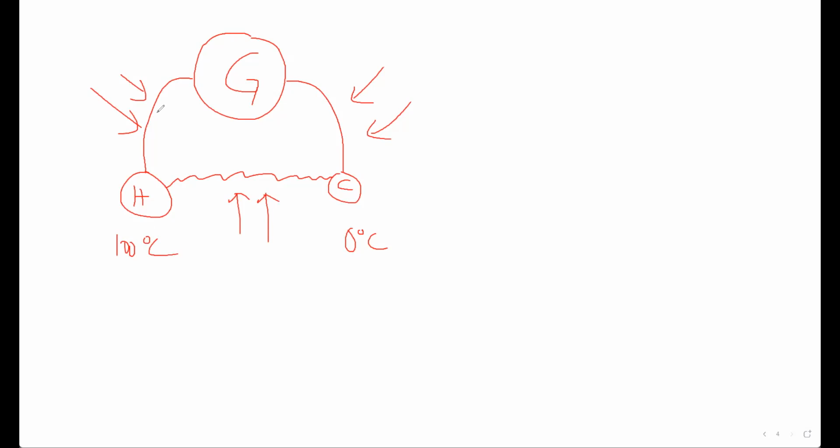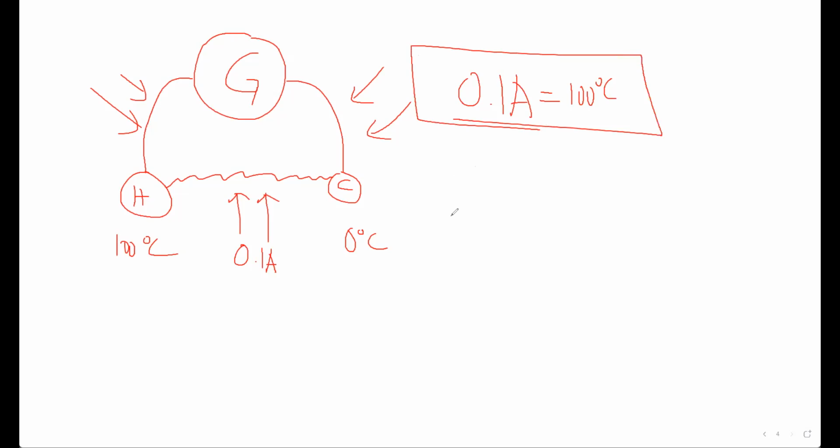Let's just say with these two metals here, the reading of 0 degrees Celsius and 100 degrees Celsius gives me a galvanometer reading of 0.1 ampere. From here, I basically understand that every 0.1 amperes reading from the galvanometer means there is a 100 degrees Celsius difference between the hot and cold junction. So with this calibration already, this baseline here, I can actually use this to measure different